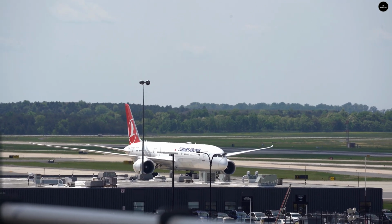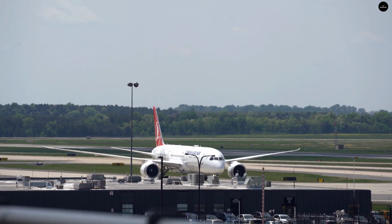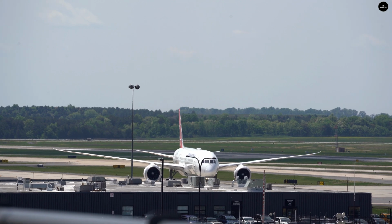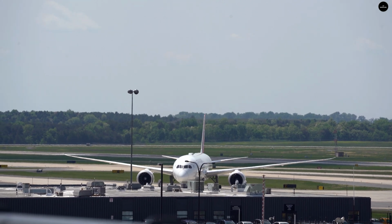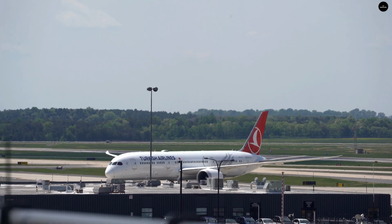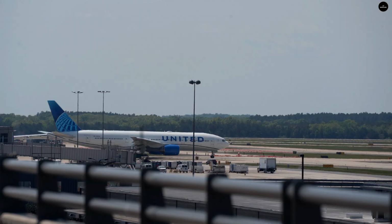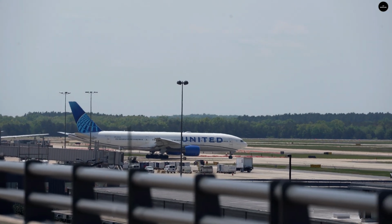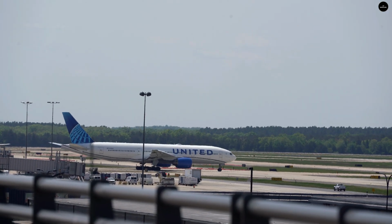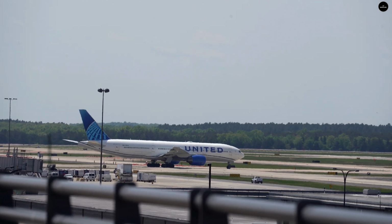Wind 190 at 7. Skyway 5043, push is approved, expect runway 30. United taxiing out. 124, Boston,